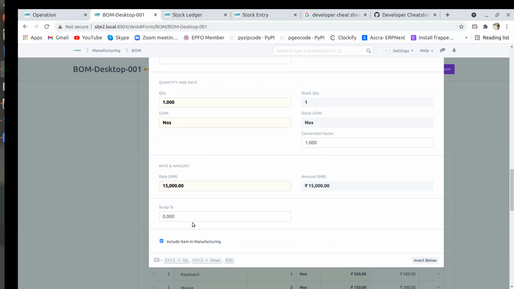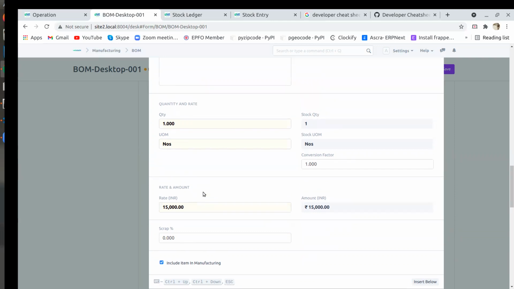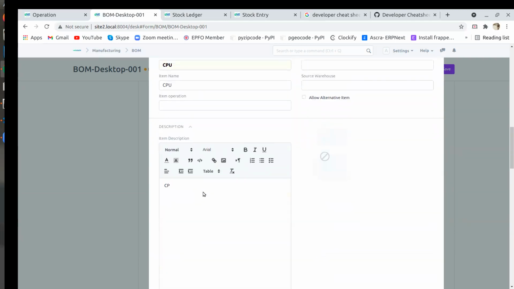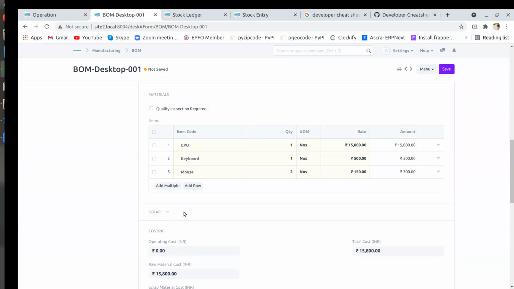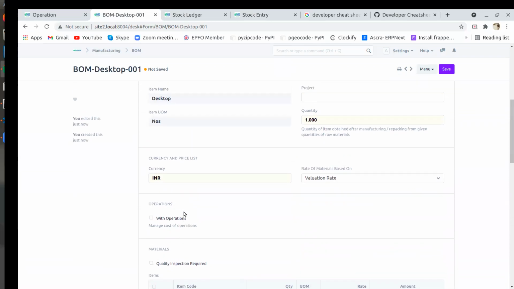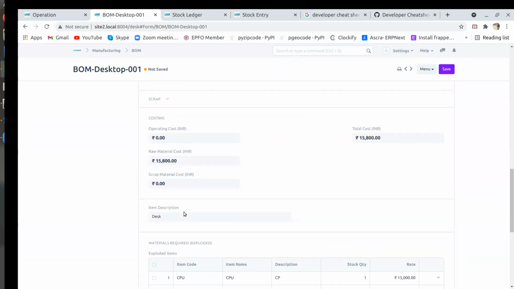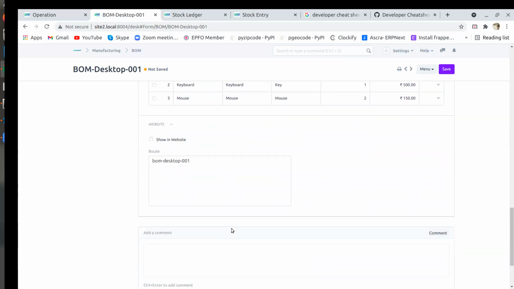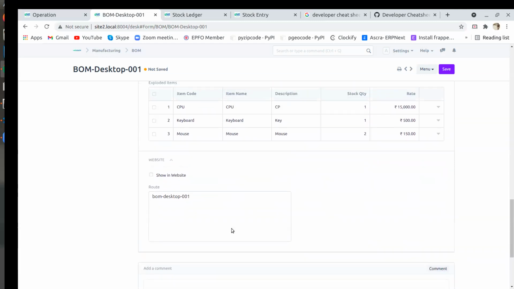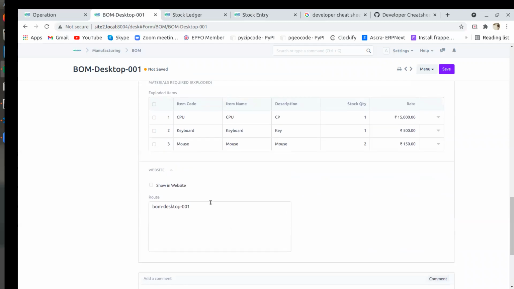Scrap quantity, scrap percentage is there, amount is there. No, that is in the item description, in the BOM description.